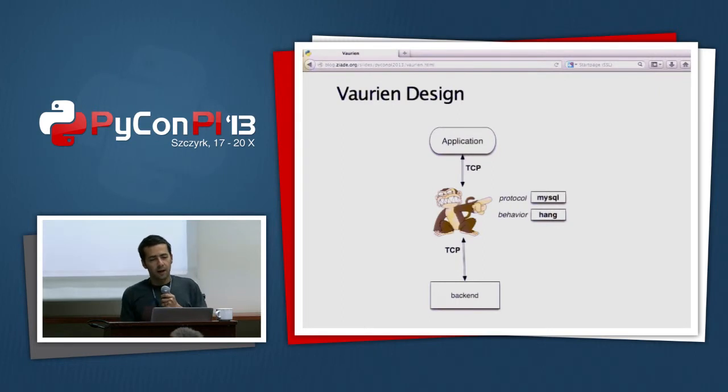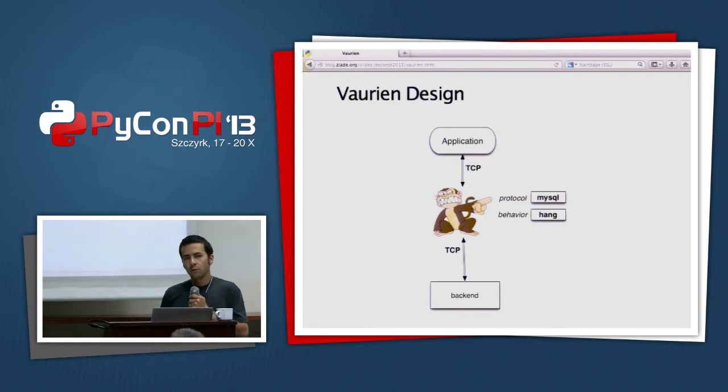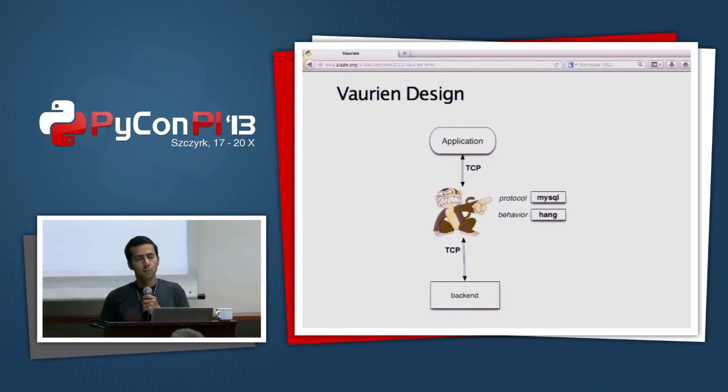So here's the design. Basically, you have an application that interacts with a backend using TCP, and you can start Vaurien. It's a simple TCP proxy that will sit between your application and your backend, and it's designed in two parts. The first part is what we call the protocol.